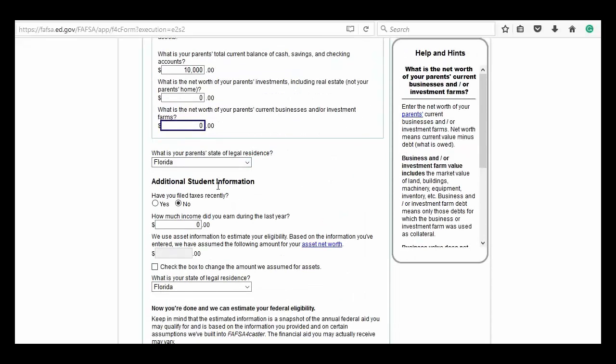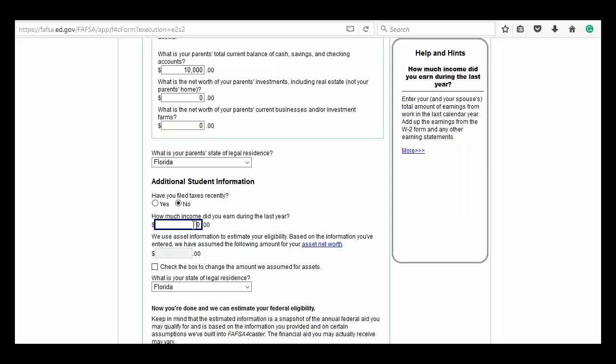The parents reside in Florida. They have not filed their taxes recently because the FAFSA opens up in October, and they're trying to get a head start. The student's income, again, the student did not work, 0. Their assets are